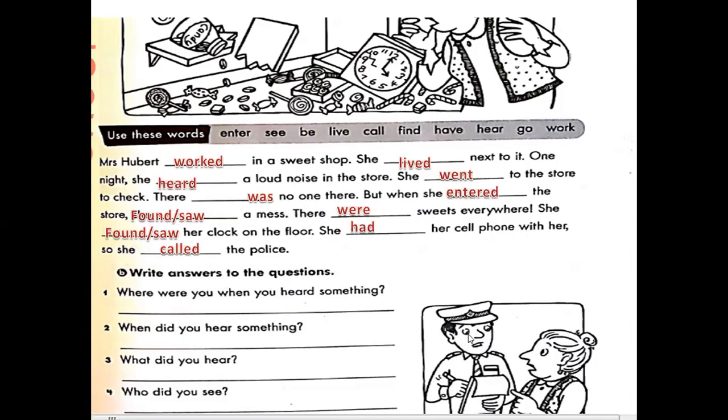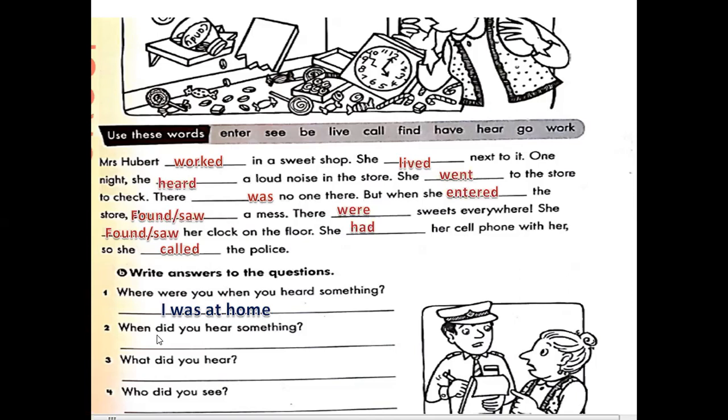Now, as you see in the picture, the policeman is asking the lady some questions. Where were you when you heard something? I was at home. Here we changed the pronoun you to the pronoun I. That's why we also changed the verb were to the verb was, because were matches with you but was matches